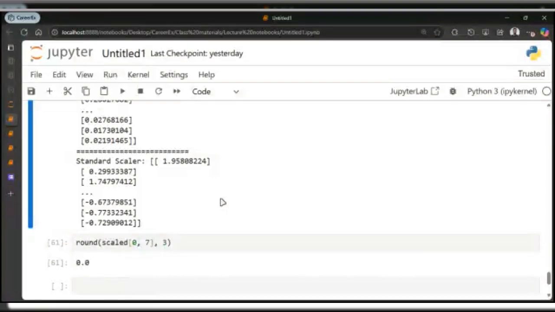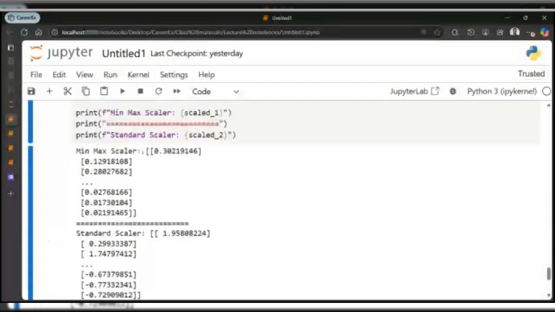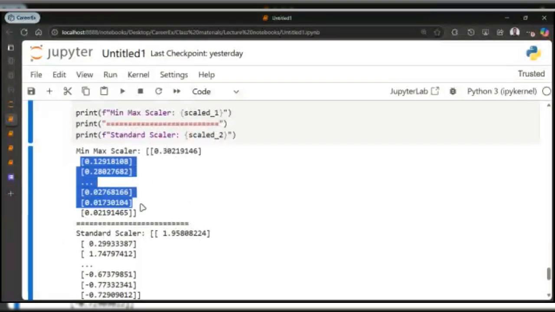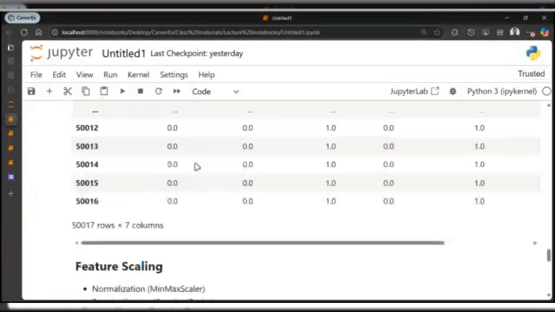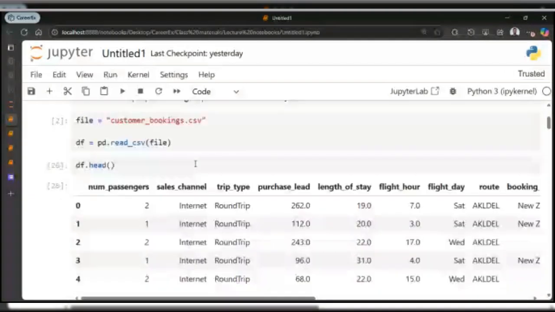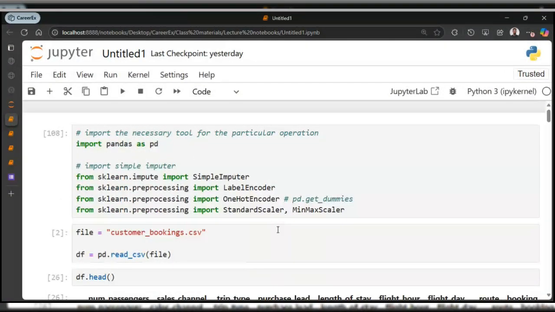So it can be between -1 and +1, -2 and +2, or whatever it is, depending on your data, basically. So that is just the standard scaler and the min max scaler. So this is the data you would use, and this data you use in your training, not the original data. So these are just the things that I needed to bring back, so you get to understand better.